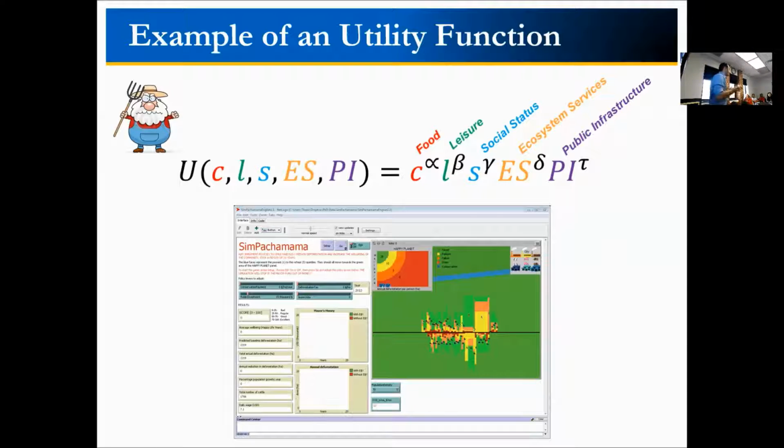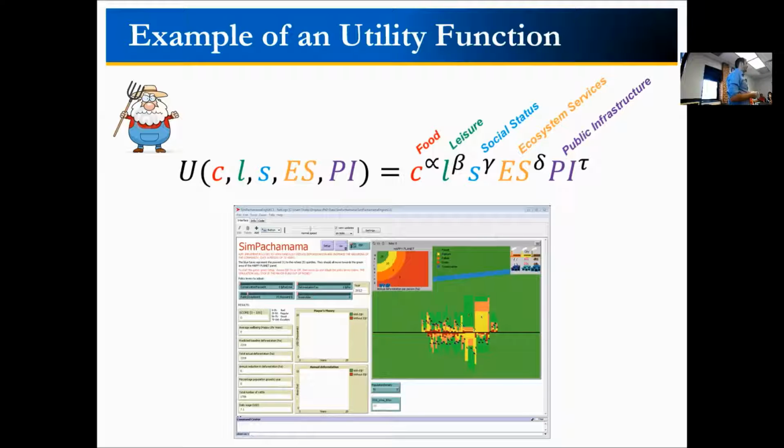So they're not really maximizing profit. Well, they are, but they have this utility function, and this is capturing their well-being. So they care about food, they care about leisure, social status, ecosystem service, public infrastructure, not necessarily profits.